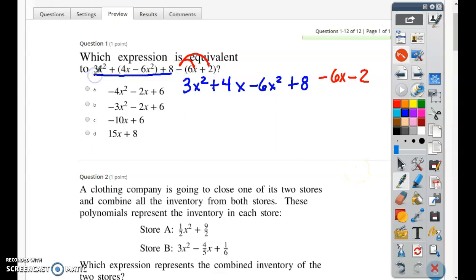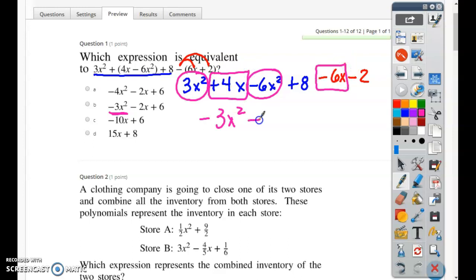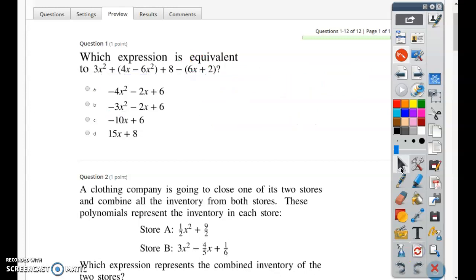This stays the same. And then you combine like terms, so the things that look alike. 3 minus 6 is -3x squared. Well, the only one with a -3x squared is B. Okay, so you can stop there or you can continue. 4 minus 6 is -2x, and 8 minus 2 is +6. The answer is B. Okay, but if you put it all in Desmos, you'll see that B is the same thing as what we started with. Problem 2,